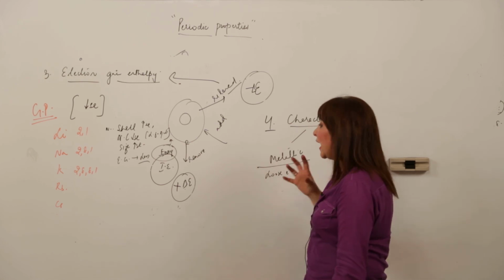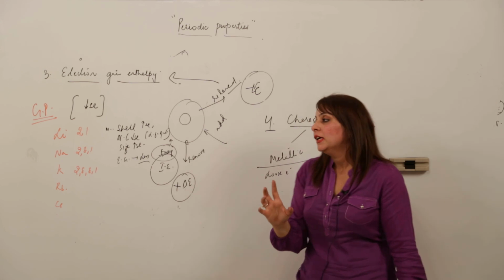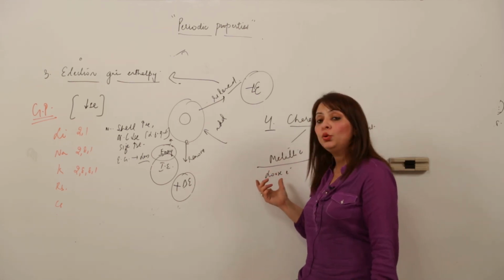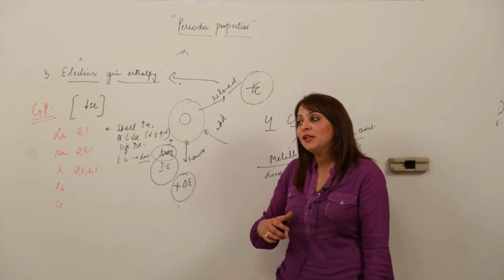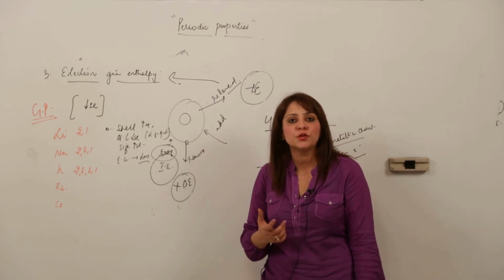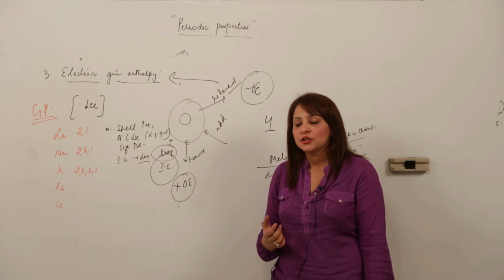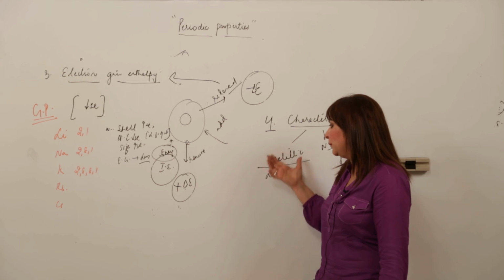So as the size increases, what happens as we move down? You have to keep in mind that metals always lose electrons, right? And the one who loses easily is more metallic. That means it is going to have less ionization energy, because the size must be increasing. So as we are moving down the group, in the metallic group,